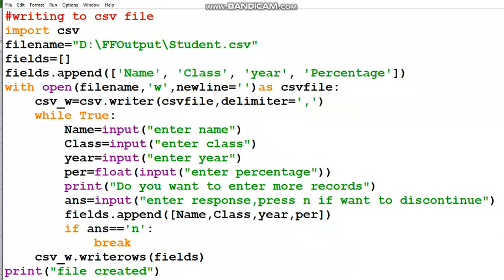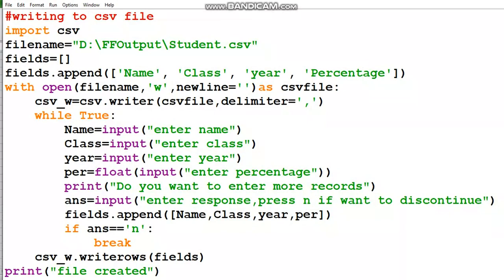All will be stored in the list named fields, and all data records along with the header row will be dumped in one step, with the help of writerows. So I think this append method is clear to you, it is appending the details in the list named fields.